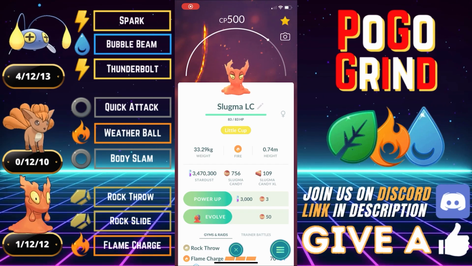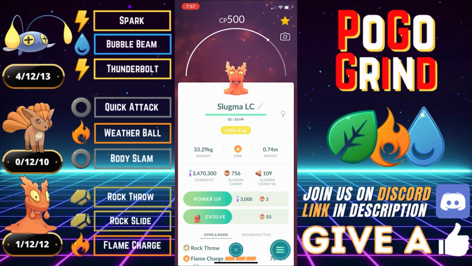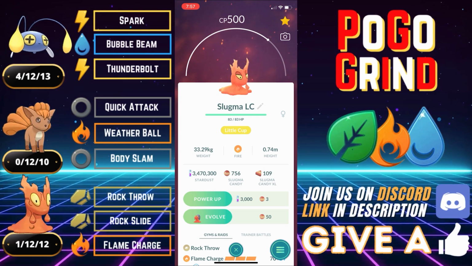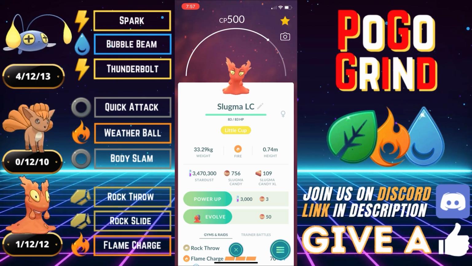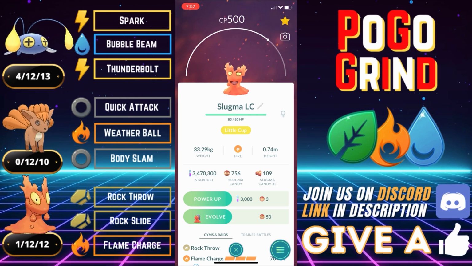Welcome everyone! In this video, we are in the Element Cup, showcasing another very powerful team featuring Slugma. Slugma, a very interesting Pokemon. It's a mono fire type that has rock type coverage, and you all know what that means. That means that there is one more check to the very overpowered Duck in this meta, and Slugma will be